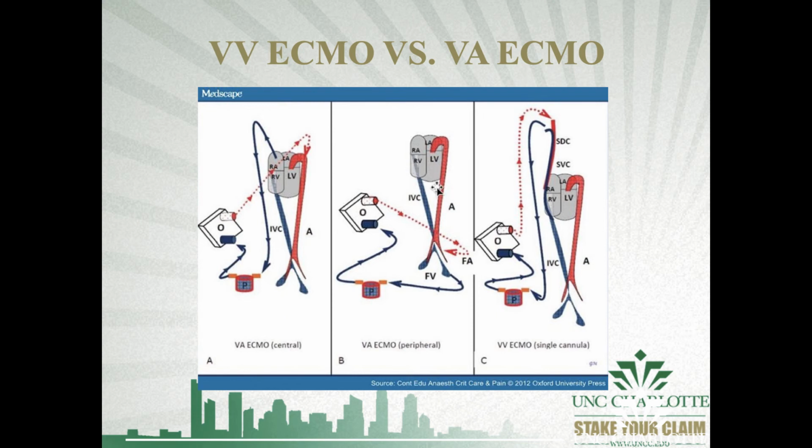If we have an already compromised heart that's pumping against this, 4 liters of flow coming back at them, you can have LV distension, and you'll come into situations where you have to actually put a vent in there to decrease the pressure in that heart. This can be counterproductive for cardiogenic support and recovery, for example. Here we're giving blood right back to the base of the aorta, and we're actually promoting this antegrade flow into our normal circulation. Now, VV ECMO here in a single cannula is kind of what I just spoke about